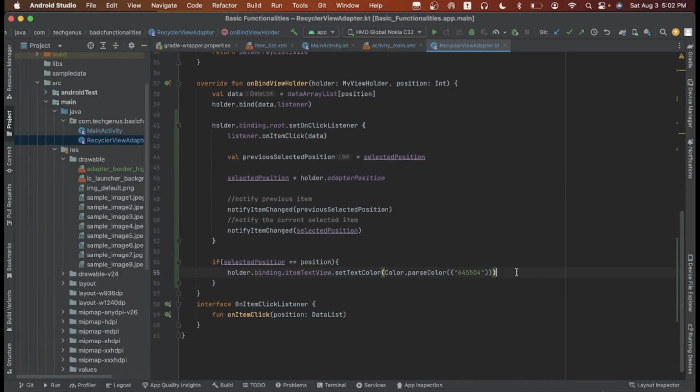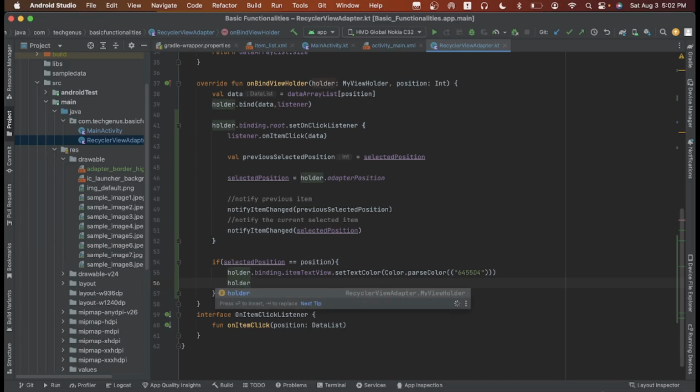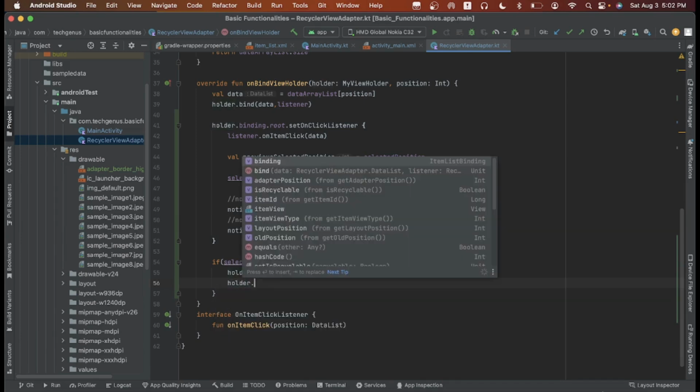So when the item is selected, the text will change.